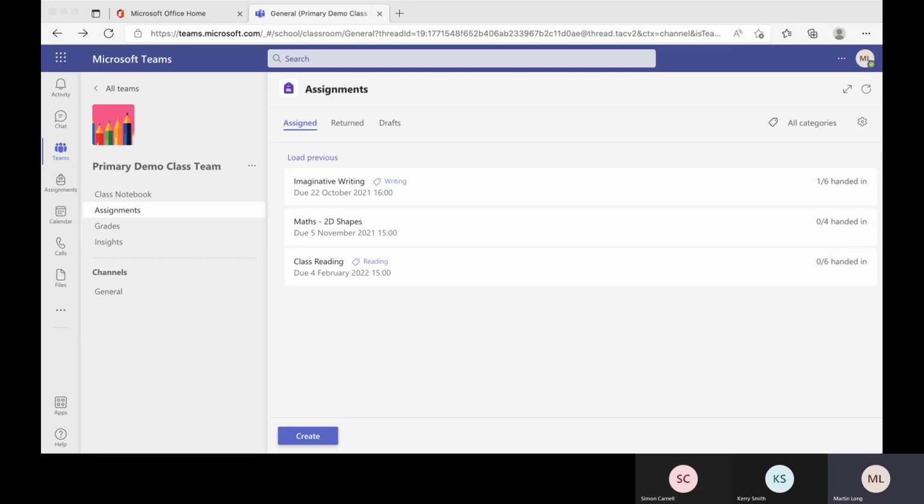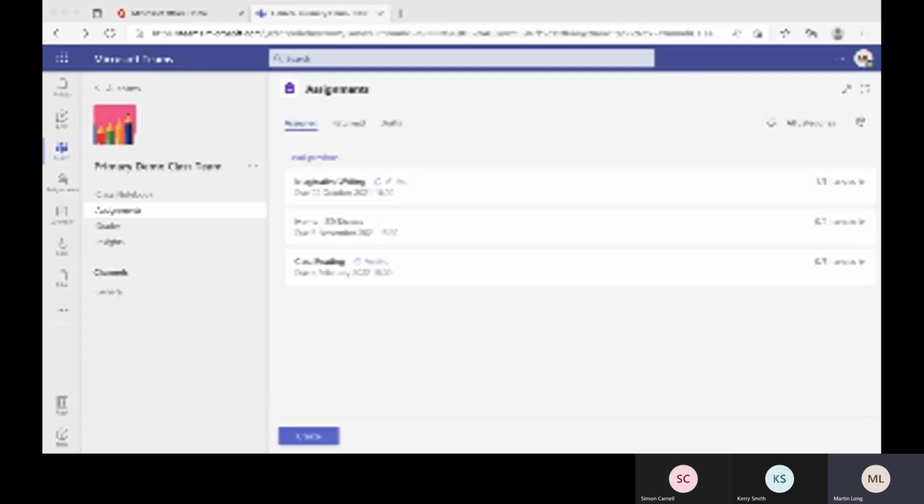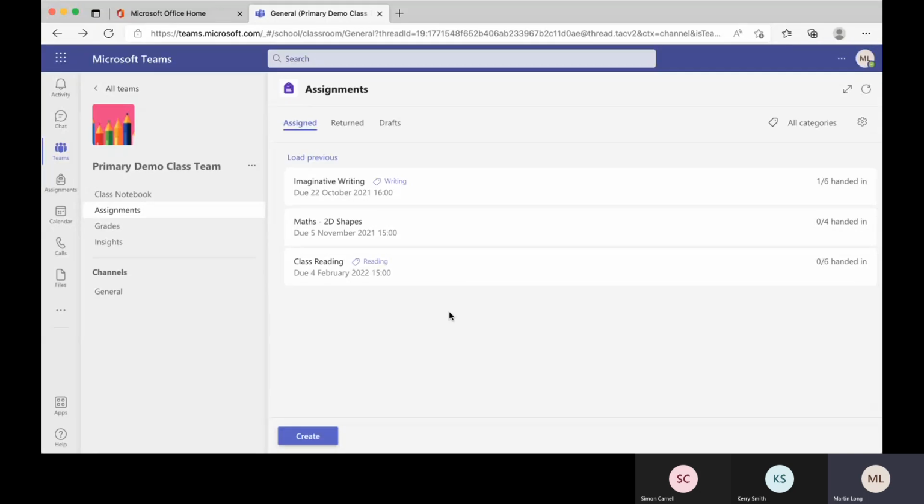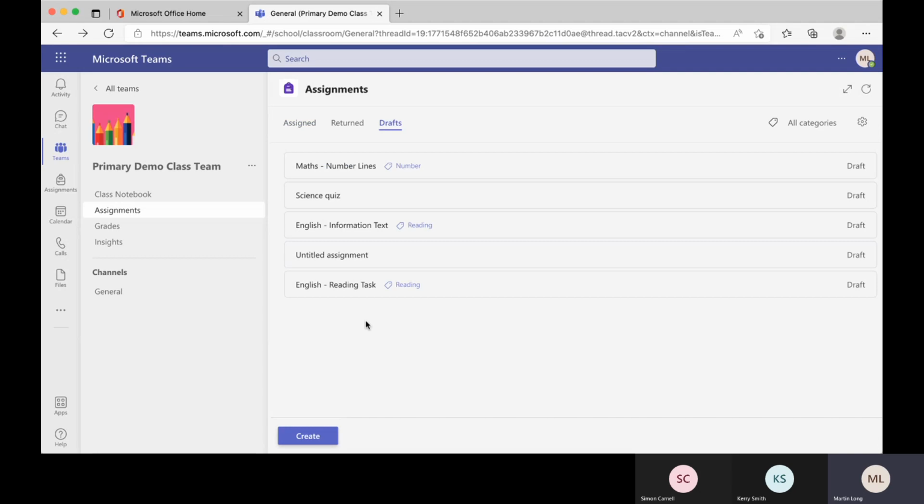So, setting of assignments we've covered quite thoroughly there. I would urge you, just go and have a go. You don't have to make it visible. You can just practice in drafts. Just see how it feels setting it up, and then you will build up a huge number over the course of a year. And providing if you're in primary, you don't get moved to another year group, you'll have yours to use again. Something that I wholeheartedly encourage teachers to do, if you do get moved to another year group,